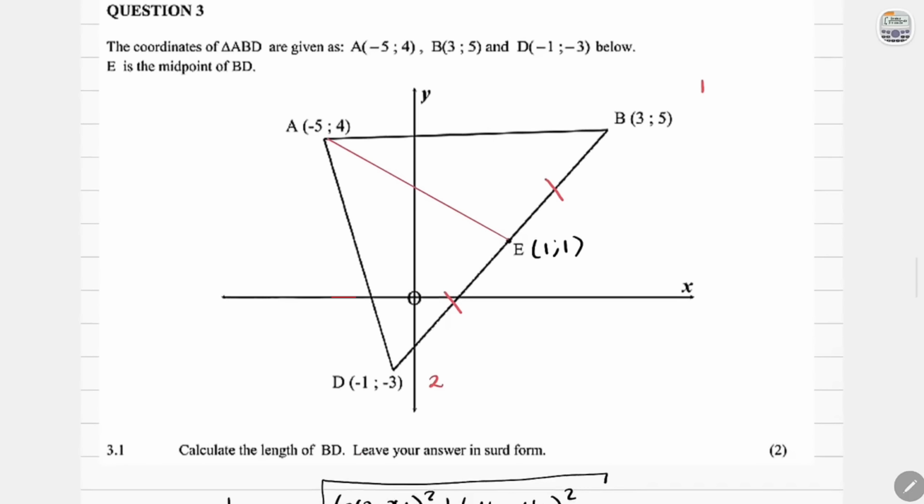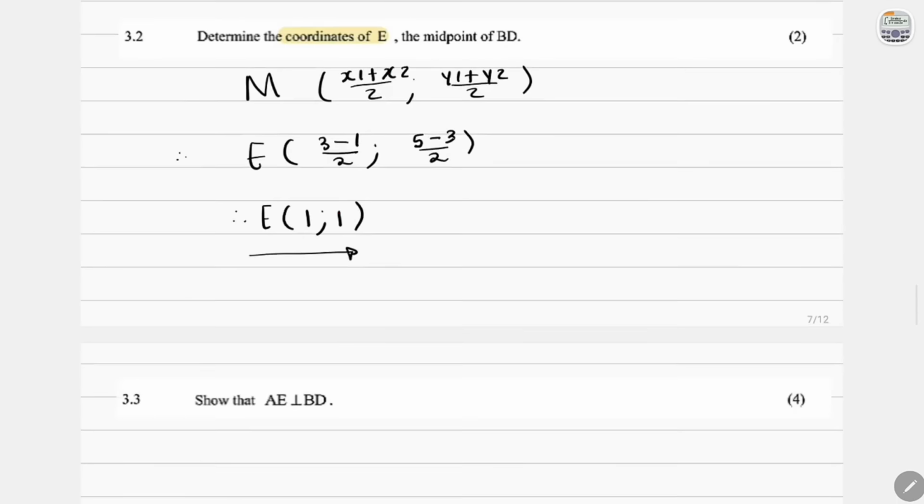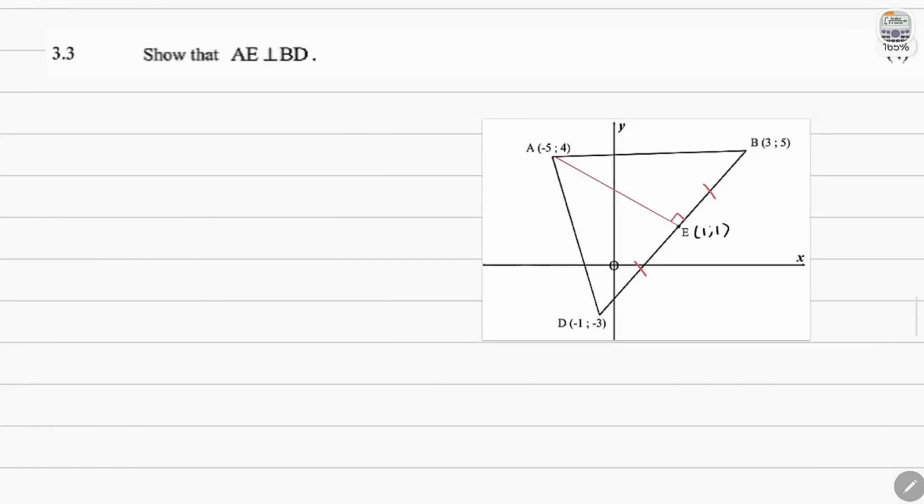To show that lines are perpendicular, we can show that the gradient of AE multiplied by the gradient of BD gives us -1, and of course that means we need to find the gradients. If we get -1, then it means that these lines are actually perpendicular. So we need to find the gradients of AE and BD. Let's go. Okay, so the formula for gradient is the change in y, so y2 minus y1 over x2 minus